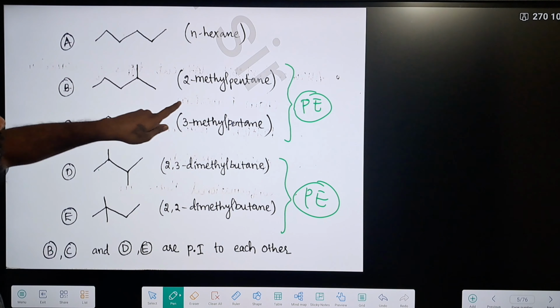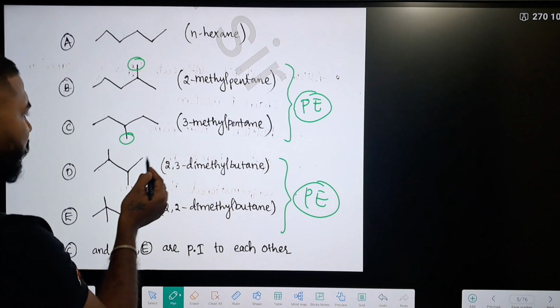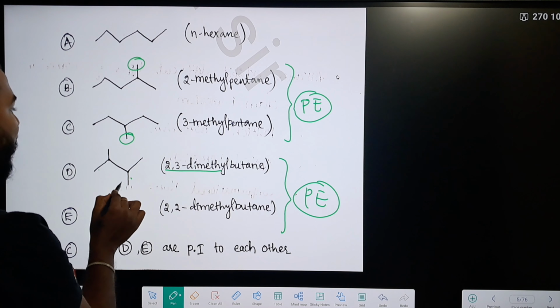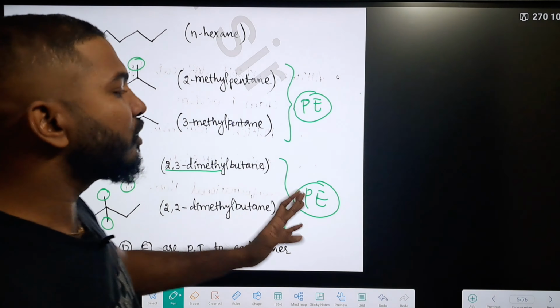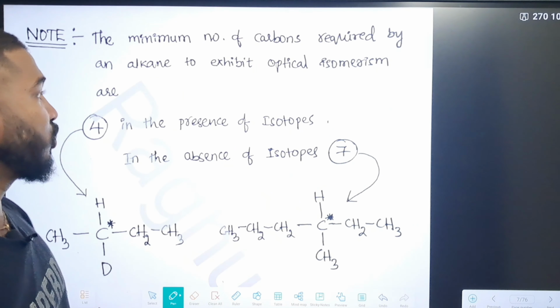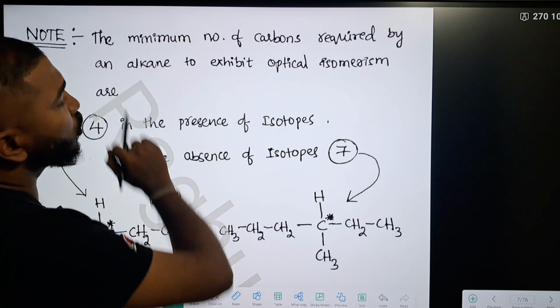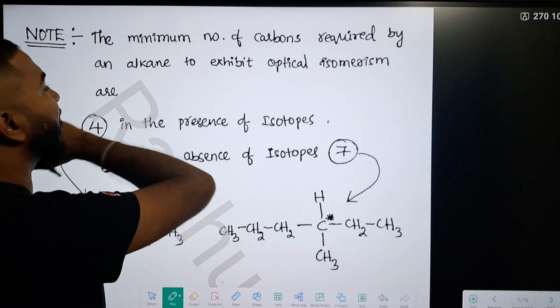So yes, the substituent positions are 2, 3, and the substituent positions are 2, 3, and the substituent positions are 2, 2. So we can call them positional isomers. Next, when it comes to optical isomerism, the minimum number of carbons required by an alkane to show